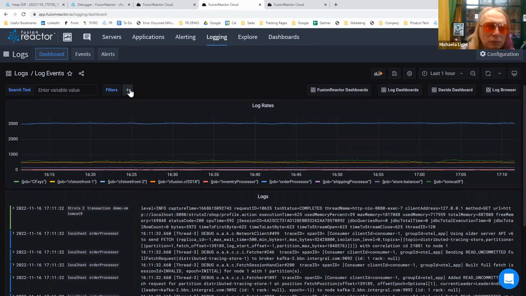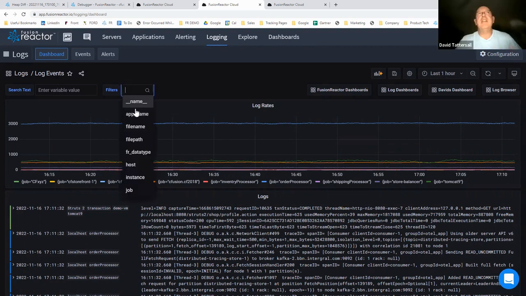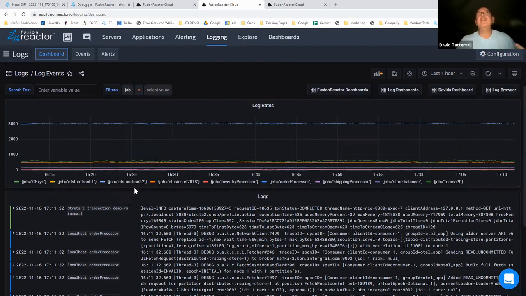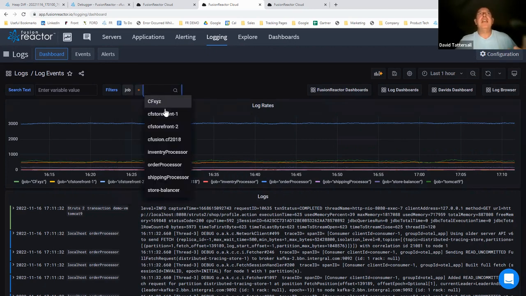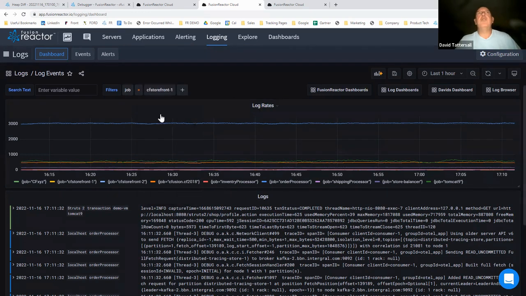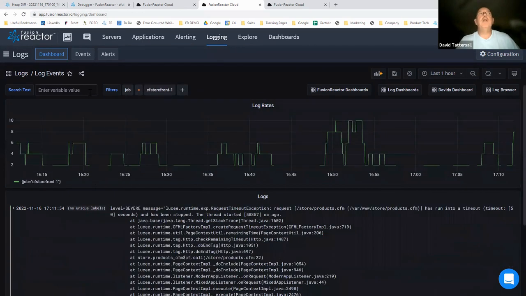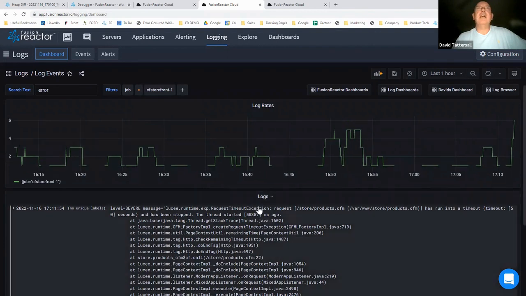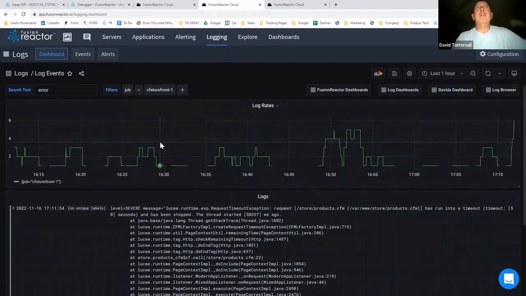So what we've introduced now is the ability to filter these. So here I can see I've got my application name or file name or host or instance or job. So if I take job and then I say, okay, just show me my CF storefront 1 and actually just show me errors. So I don't know whether I'm going to have any in here. Looks like I do, but these are just